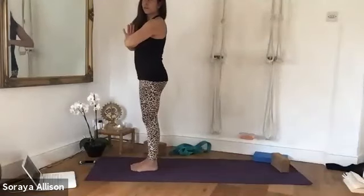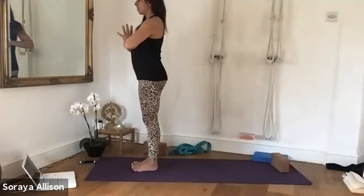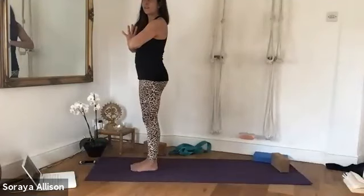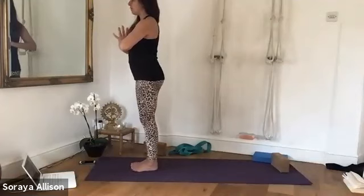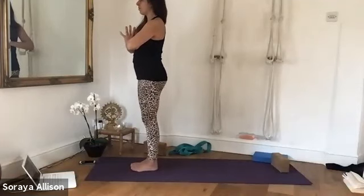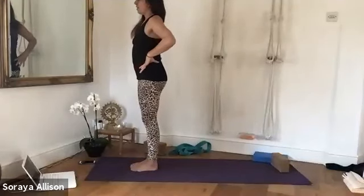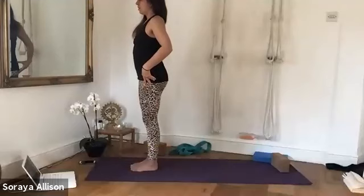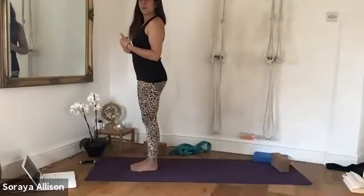So, Surya Namaskar, sun salutation. In fact, we're going to change that to Chandra Namaskar, so salutation to the moon, since it's almost the full moon. So feeling down through your feet into the earth, as if you were standing directly on the earth. As you've got this connection like the mountain energy. But then just like with the water that is able to move in a more fluid way,